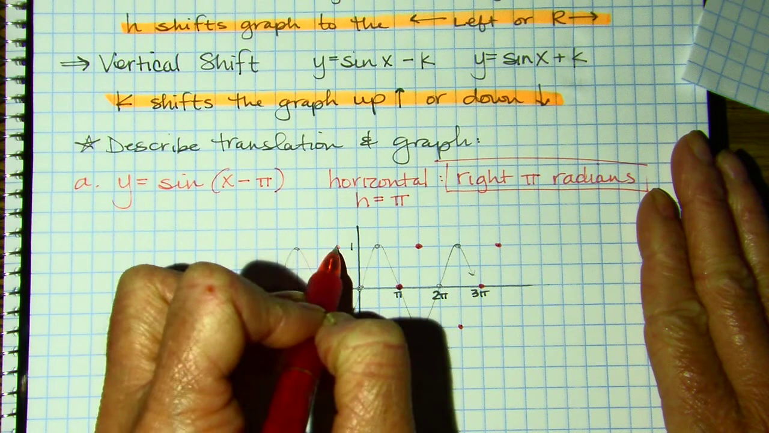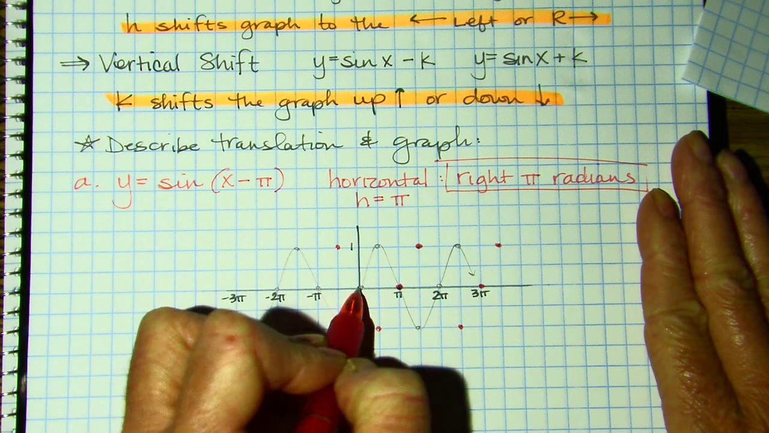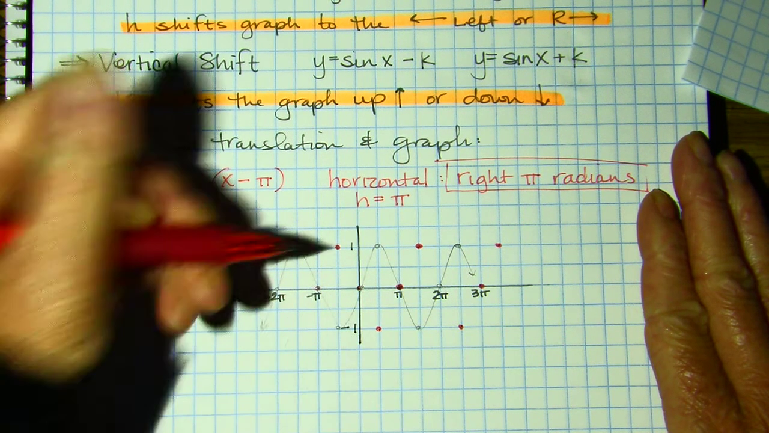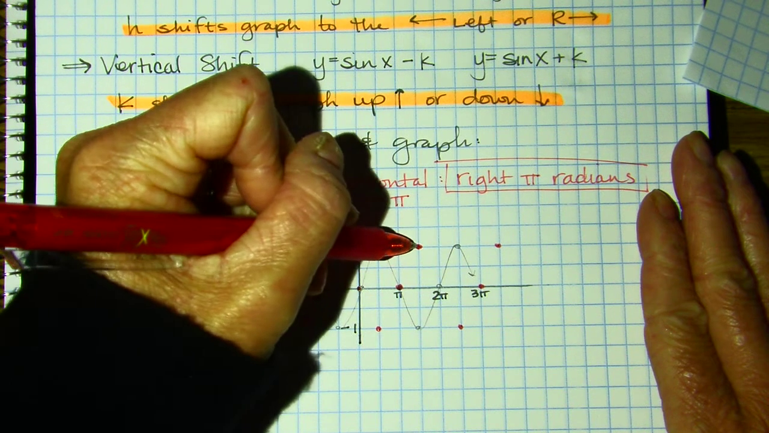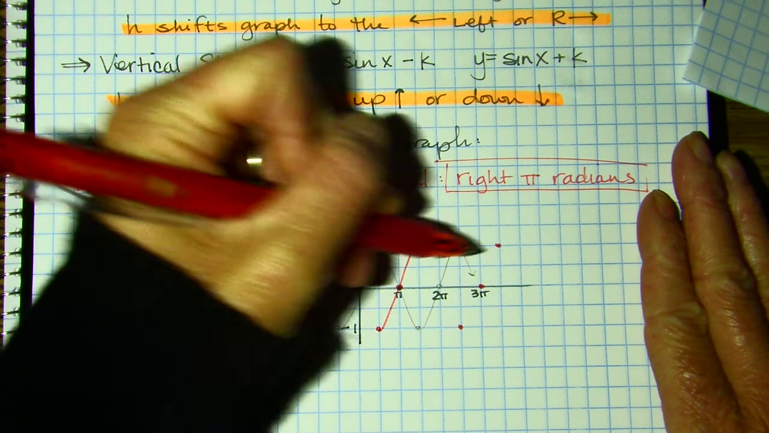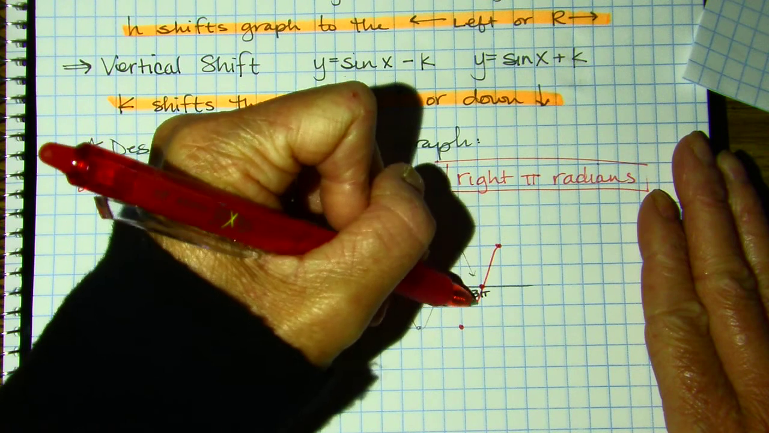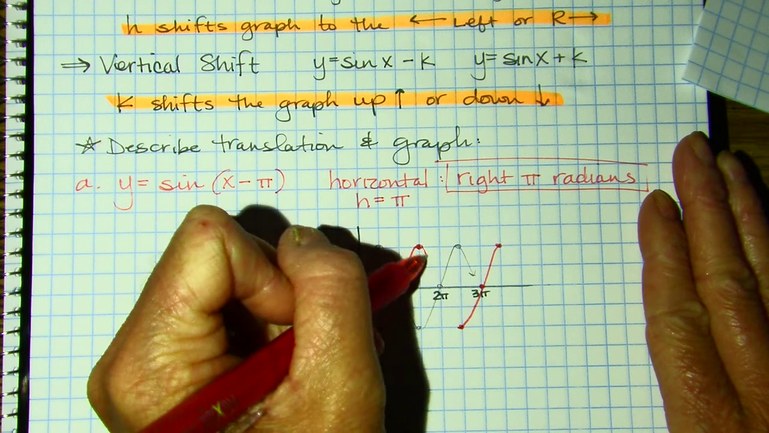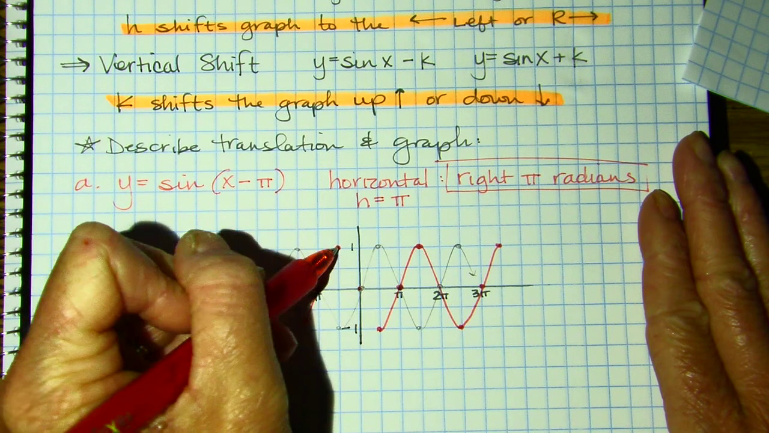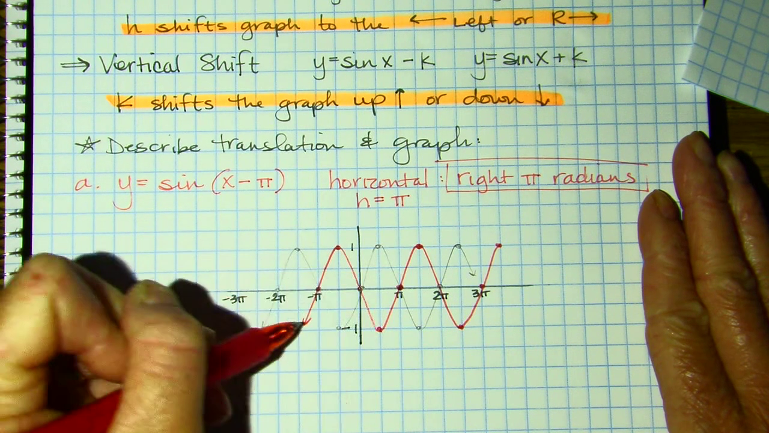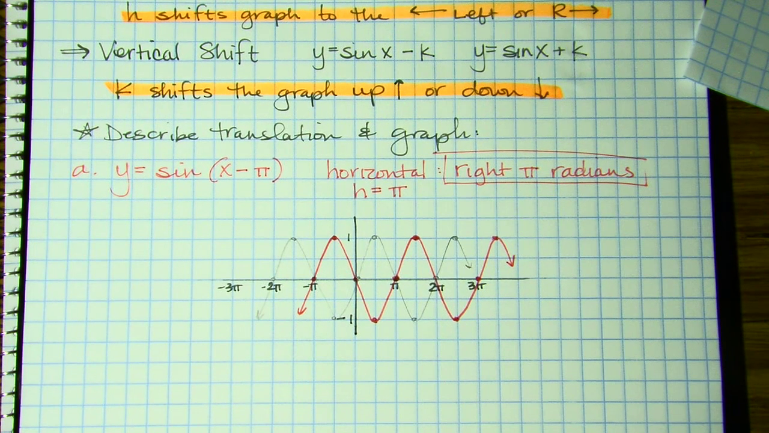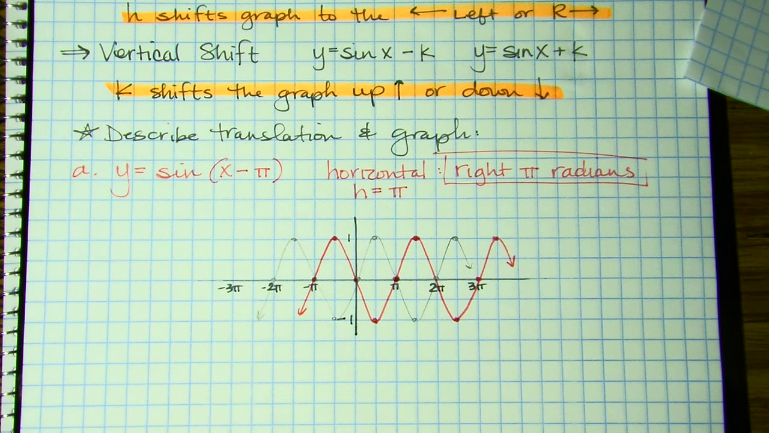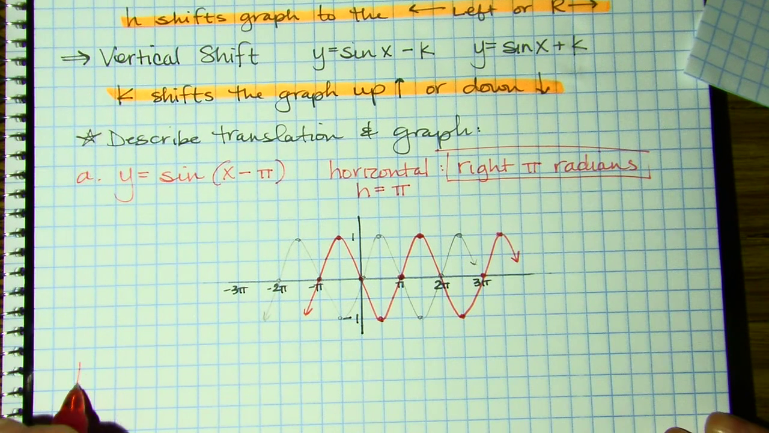So I'm just moving each of the original points over. And then I'm going to connect them. Remember, they form these nice little mountain looking waves. And you don't need a ton, so I'm going to leave it like that. So this graph was shifted to the right, pi radians. Part B,